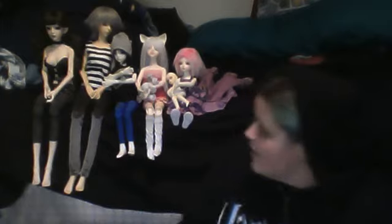So I'm gonna try to start with pick a doll. I'm going to tell you a bit about her fashion, and then I'll show you any clothes she has if she's not wearing them at the moment. And I'll start with Balana since she's all the way over here. Balana,